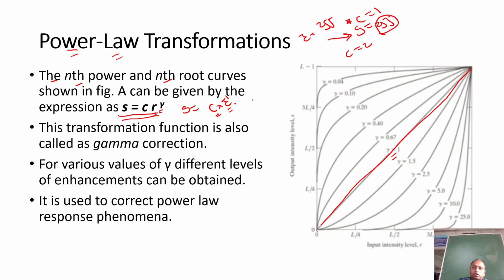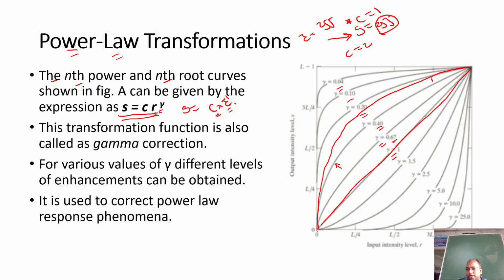Is that fine? Okay, so let us see, gamma is equal to 0.67, 0.40, 0.20, 0.10. Likewise we have changed the raised-to power. So this is going to give you the resultant curve for that particular pixel. Again this curve results like your power law transformation, but the power law transformation has a curve like this. So this is the kind of curve, right?